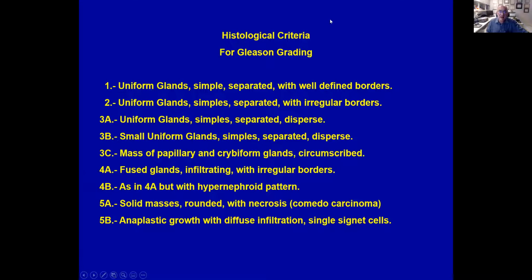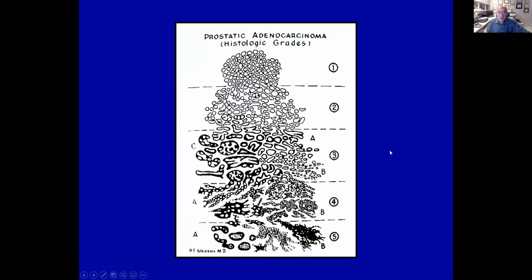Then this was the classical histological criteria for the Gleason grading developed by Dr. Gleason in the early 60s. And he was able to classify in a very complicated way 1, 2, 3A, 3B, 3C, 4A, 4B. From all these differentiations, now we are basically left with only 3 different grades, that are 3, 4, and 5. And this is the original classical drawing of Dr. Gleason trying to make the differentiation of these